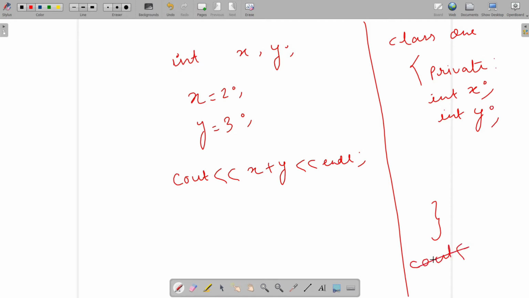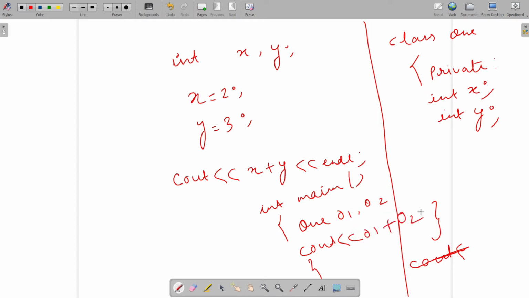Let's say we have two objects of this class inside main, O1 and O2. Can I write O1 plus O2? Can I add two objects? The answer is no.